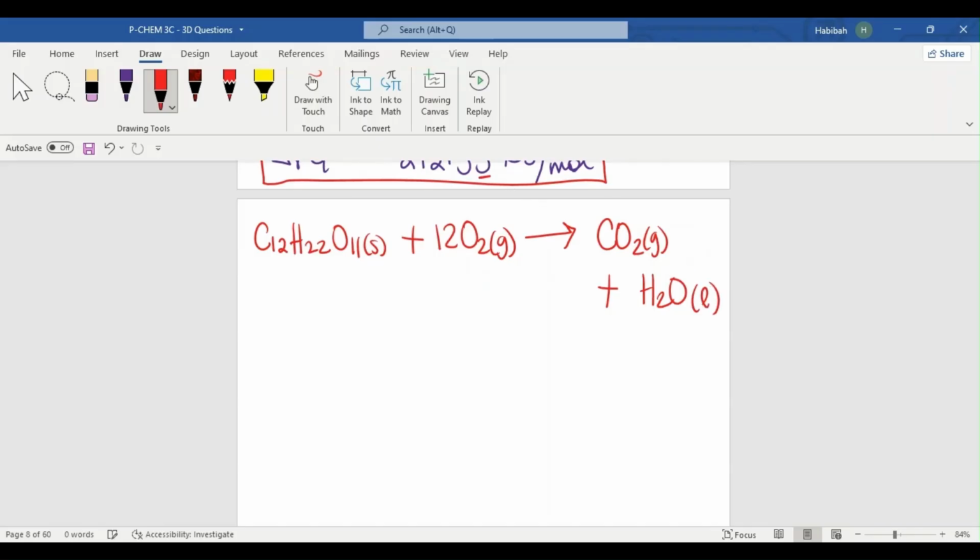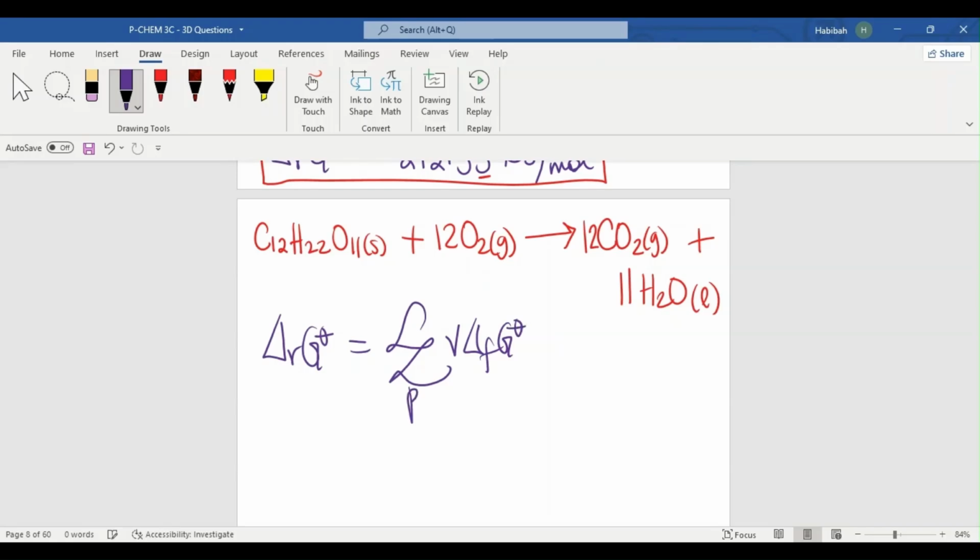Just looking at the equation, of course, it is not balanced. So we have 12 CO2 here and we have 11 H2O here. So that is what was given to us, this reaction right here. Of course, if you go back to what I taught you earlier, I'm just going to recap. The Gibbs energy of reaction is simply the summation of the Gibbs energy of formation for all of the products,